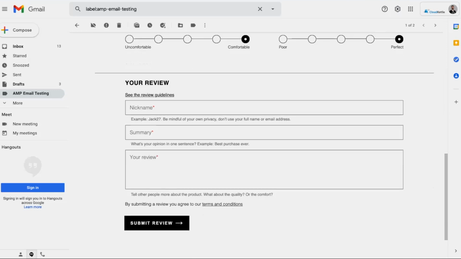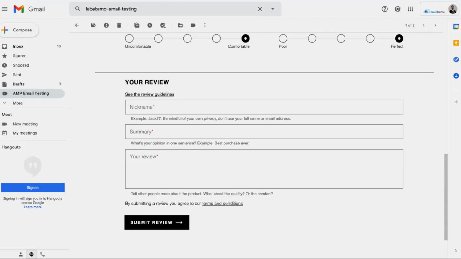Now, I've also built in asynchronous field validation. In this instance, when a user completes the nickname field, I want to validate whether this nickname is taken. So let me just do this now. Simon99. And just go on to the next field here. When I change to a different field, the email makes a request to a remote server, an API request to Bazaarvoice. Bazaarvoice is a review platform and returns a message directly from the API. I'm taking that API message and displaying it within my email. So you can see that the Simon99 nickname isn't available.